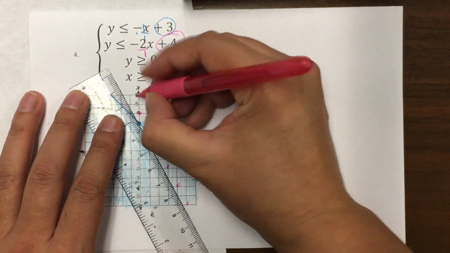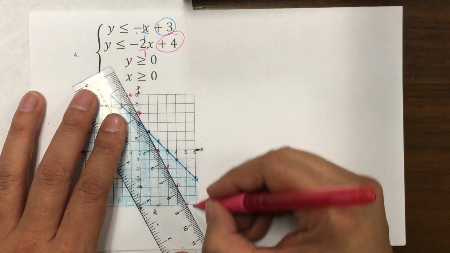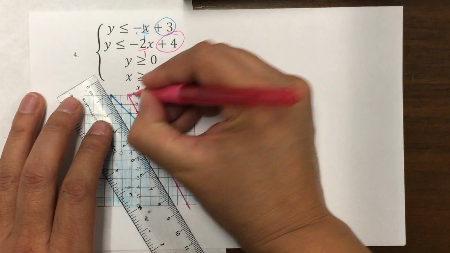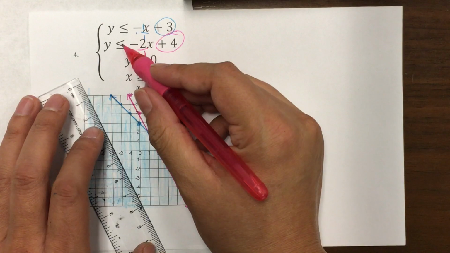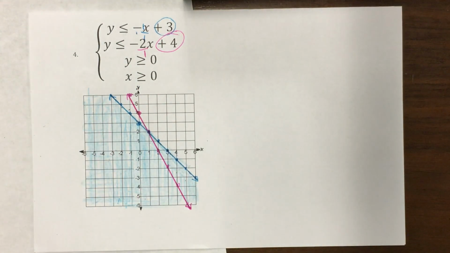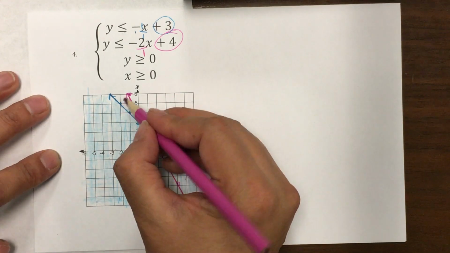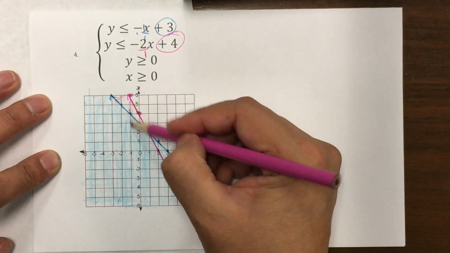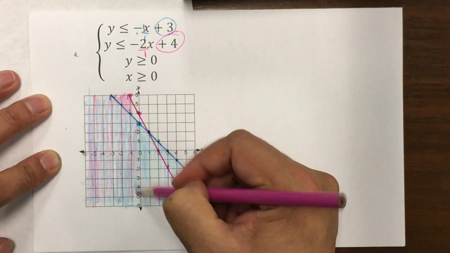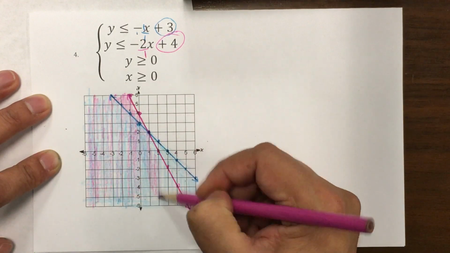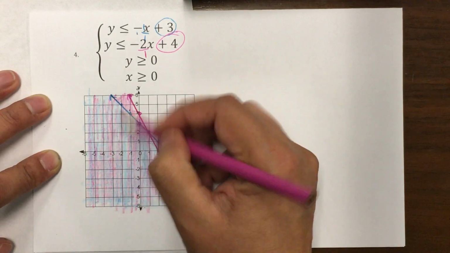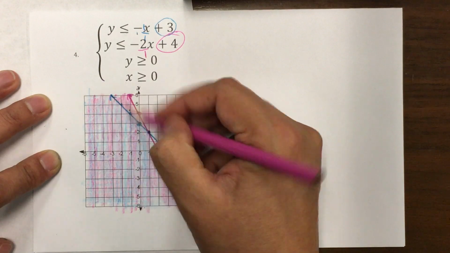Solid line again, because it has the little pencil in there. And it says also less than again, below. Okay, so including this part below the line. Again, I'm not doing it too strong because we need to figure out where is it that they're gonna meet. All 4